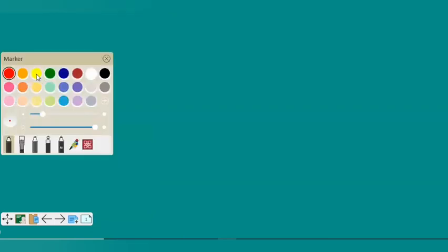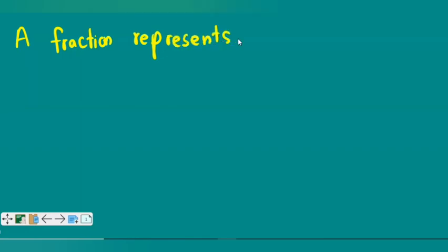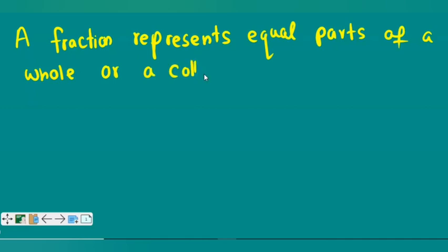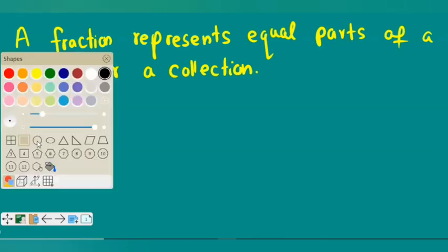Write down the first topic, fractions. A fraction represents equal parts of a whole or a collection. Then by considering our pizza example,